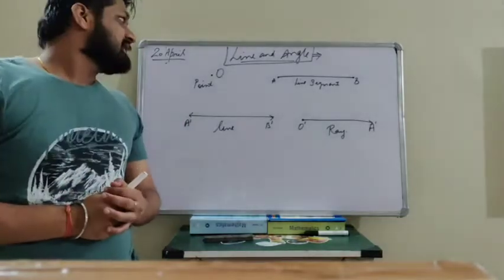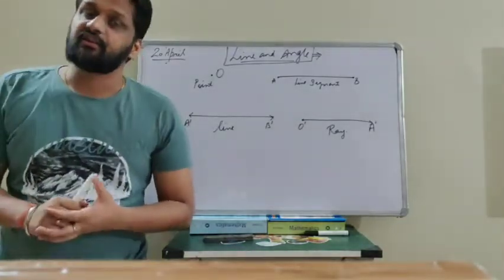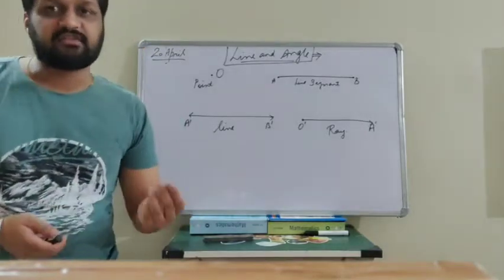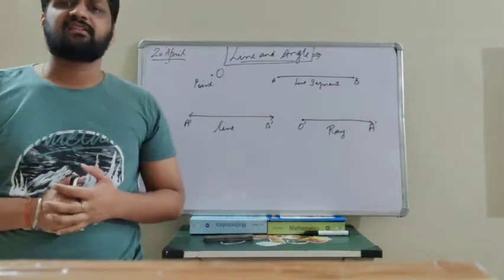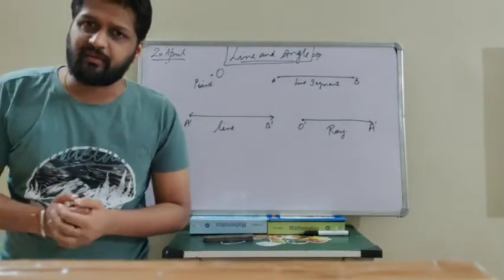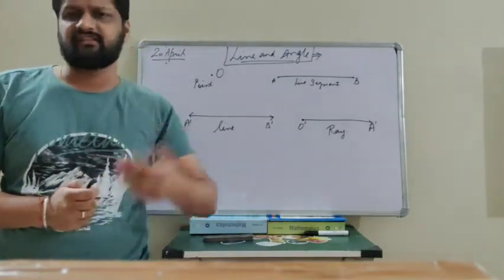And now let's see. Today we are discussing the new chapter. Till now we have done the number system, the polynomials, then the coordinate geometry. Two more chapters are there in our PA1 syllabus, that is the Euclid's geometry, very small and very easy chapter that we will discuss later on.